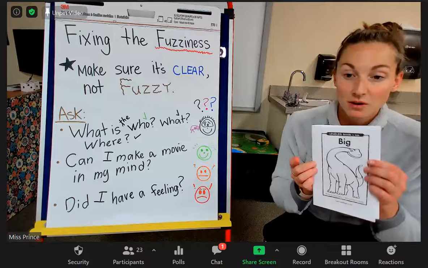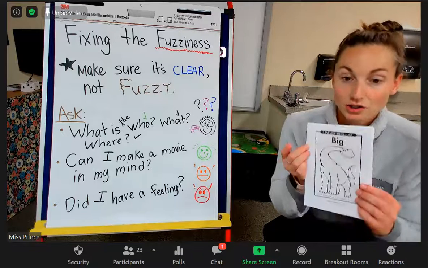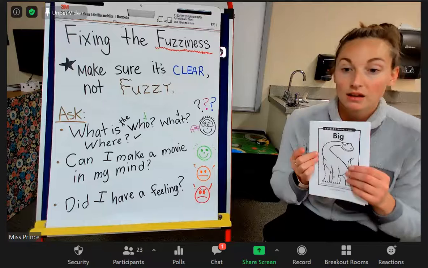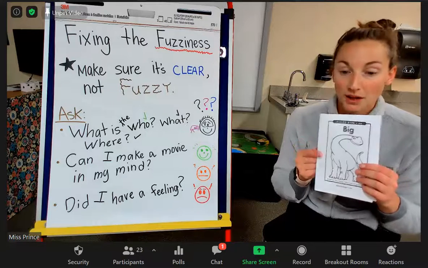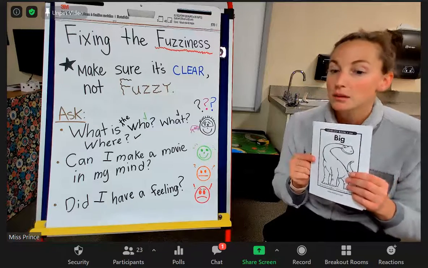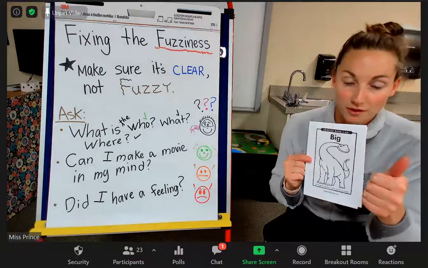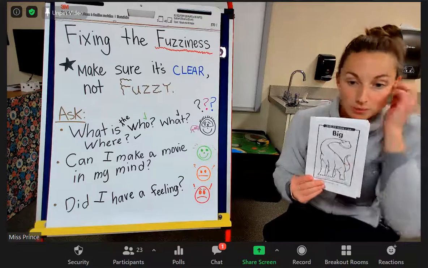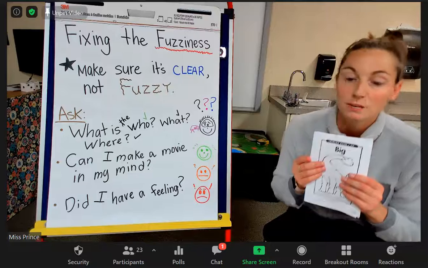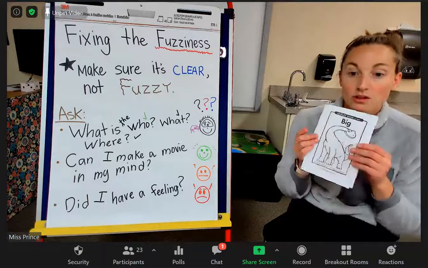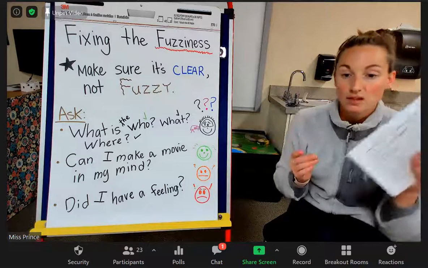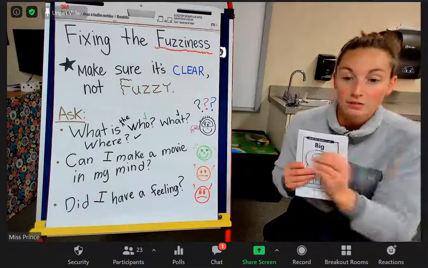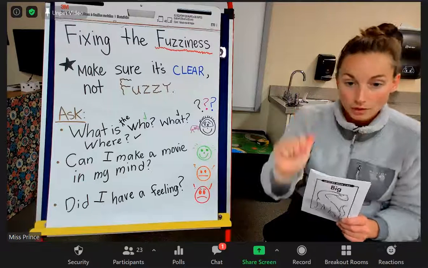This is the last day that we're going to do this book together. Tonight, when you guys come to packet pickup, you're getting a new book. So, yellow class and green class, you're both getting a brand new book. I think it's going to be a little bit more challenging, which will be awesome for you. So, last time that we will read this together in our groups, but remember that you can always keep this. You don't have to bring it back to the school. So, as you get more and more of these books, you can keep them, and then you have more choices to read and record on your reading log, okay? So go ahead and